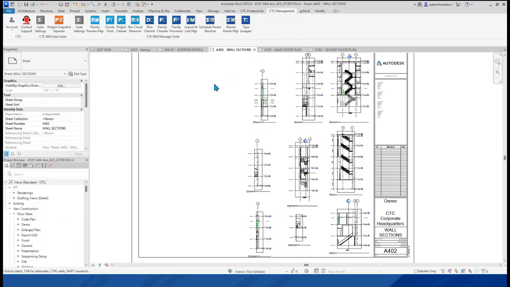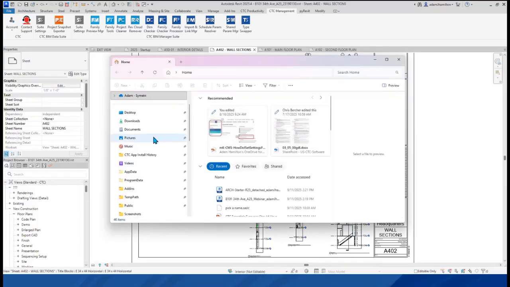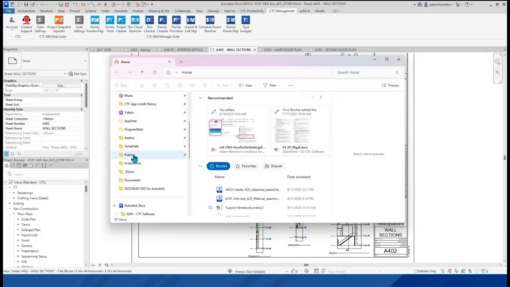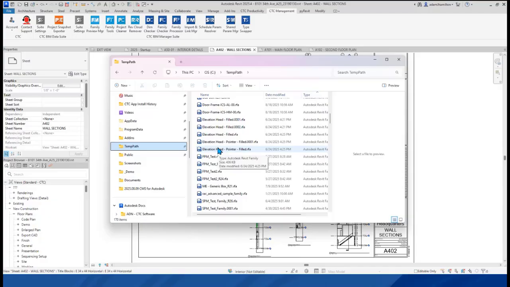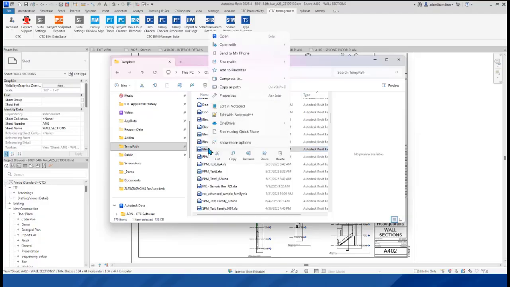Now, we've gone through most of our tools. We do have some others. There's another by default installed with all of our CTC tools that most people overlook. And a lot of times we get Revit families, Revit projects sent to us. We don't know what version they need to be open in, and Autodesk is not good at telling us how to find that. And so once installed any CTC product, from the right-click menu, and this is just from your normal Windows Explorer,